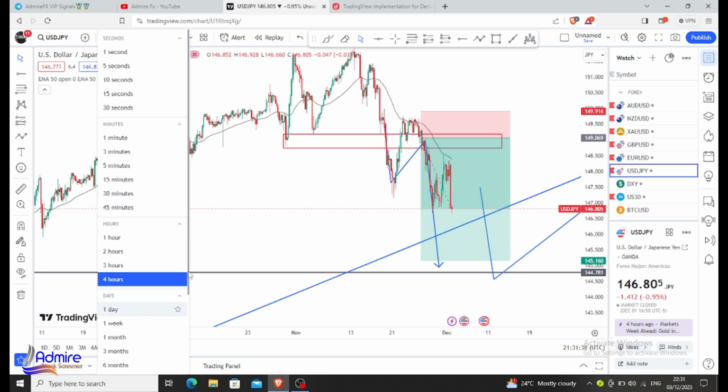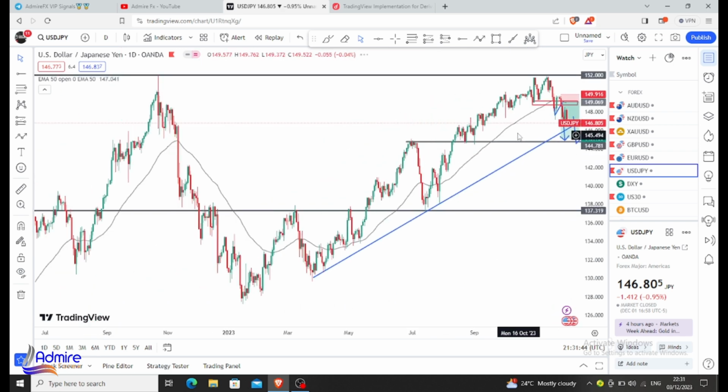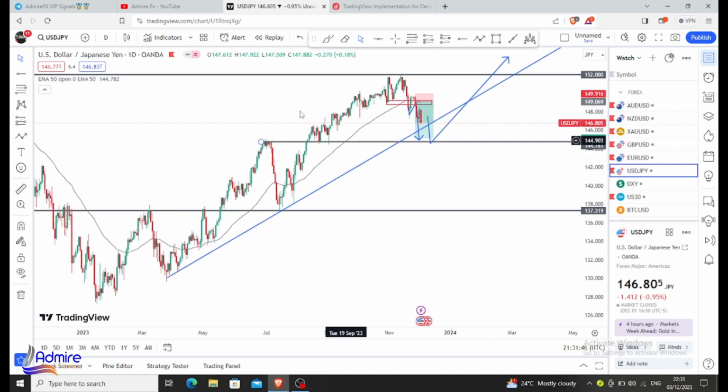You may not even need fundamentals when you are making these entries, but if you're using fundamentals, it's just an extra edge. Okay, so we were predicting price to sell all the way into this level. Price to sell, to break out, retest, and we swung it, but we are already out on this trade, because the drop has not been that massive like we were looking for.